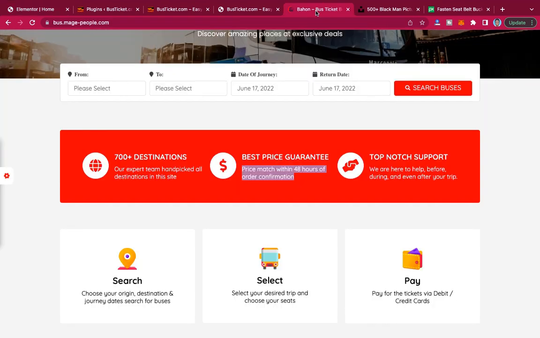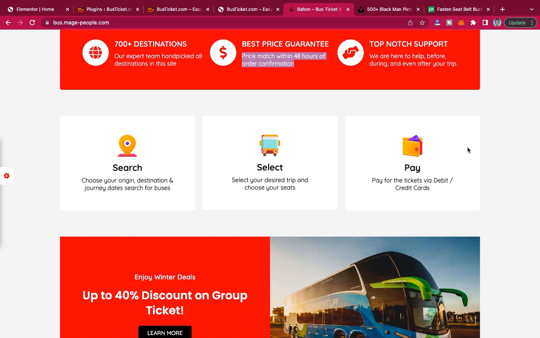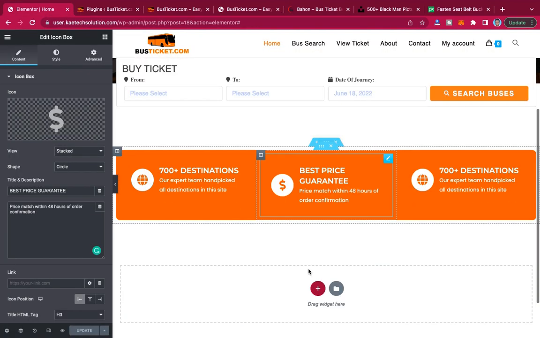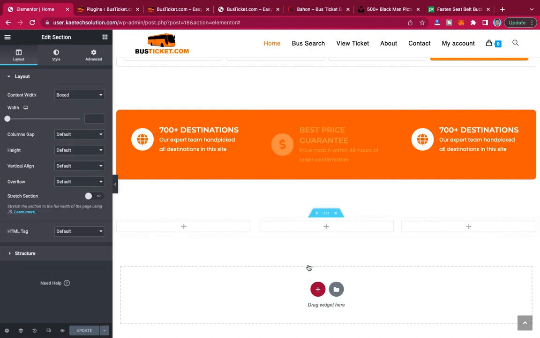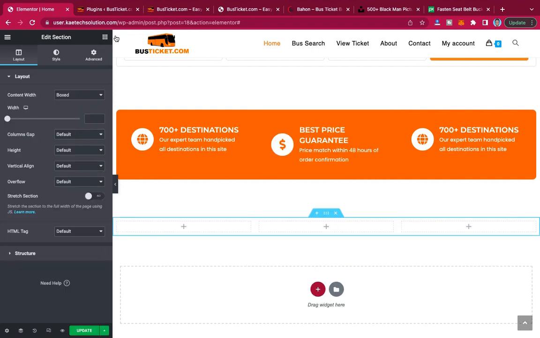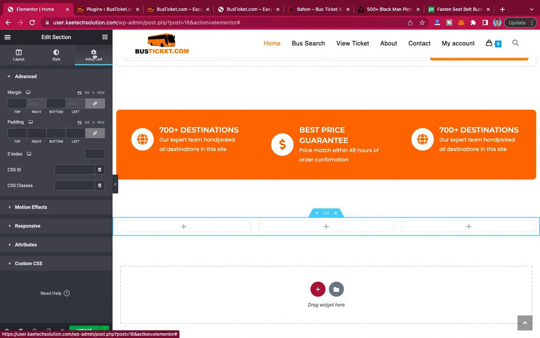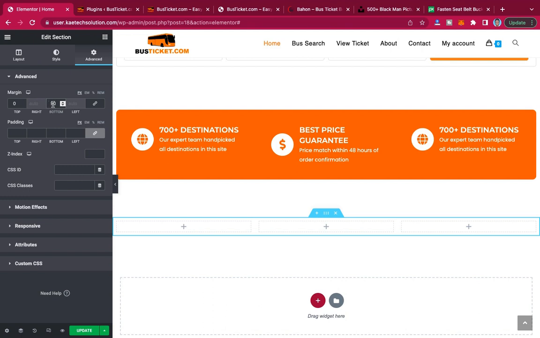Now the next part of it is to create these ones. Okay, now these ones are very simple to create. Now this is also an icon box, like the same thing that we did from the top. Okay, so search, select and pay. So we can click over here and choose this 3 column section over here, and then go to advanced. Okay, and then give it a bottom padding of 90. Because it has a top padding of 90, we're going to give just a bottom padding of 90,